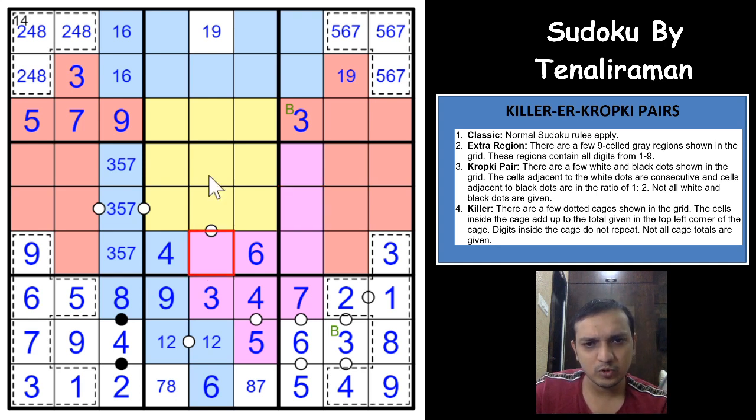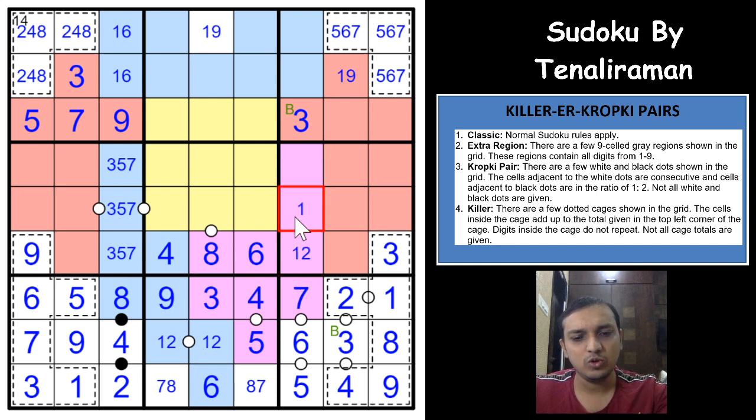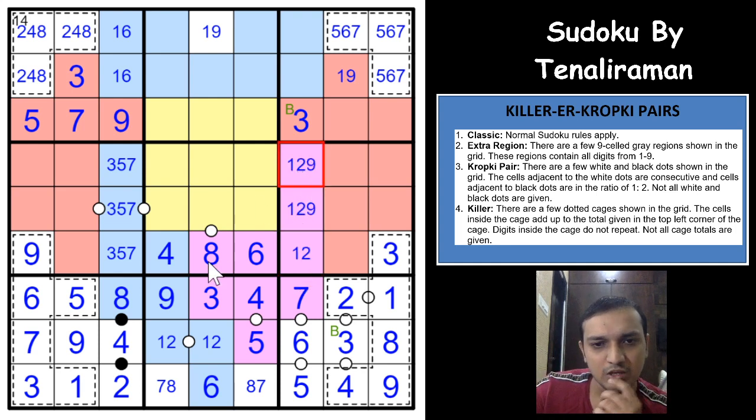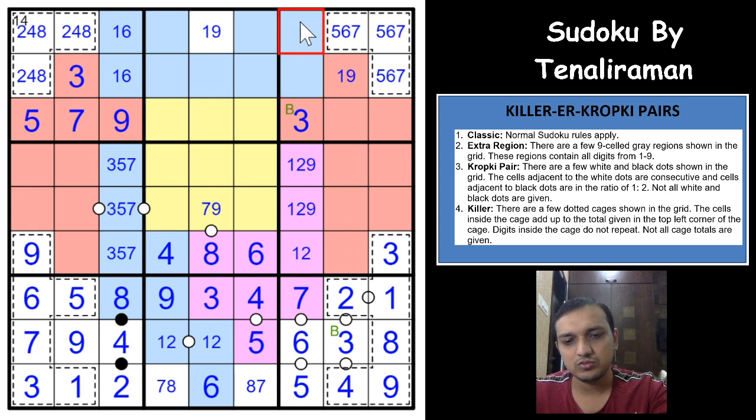So this cannot be a 1 because this would have to be a 2, not possible. This cannot be a 2 as well because this would have to be a 1 again. This cannot be a 3. So again not possible. This cannot be a 9. So this would have to be an 8. 8 and 1 to 9 in these 3 cells, right? So 1 to 9 and 1 to 9. So the 8 here would give you a 7 and 9 here. Okay. And you have only 2 cells remaining here in this column. So these cells would have to be 4 and 8, right? So 4 and 8. Okay. It's really a very smooth solve path.